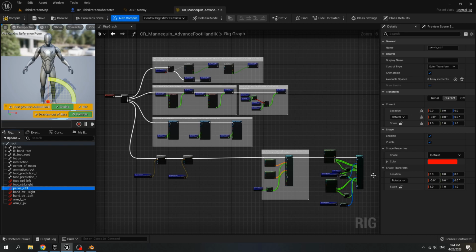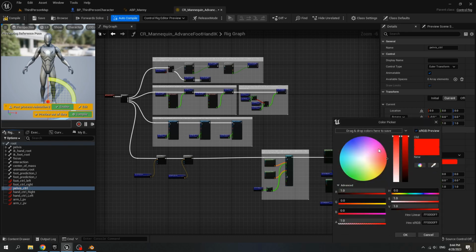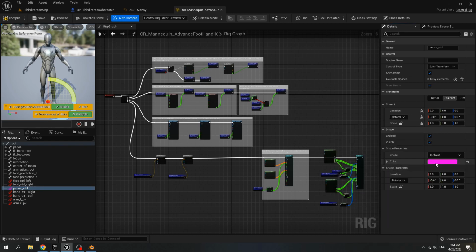For the pelvis control, change color to pink color. Choose box thick. The scale is X 0.45, Y 0.3, and Z is 0.2.